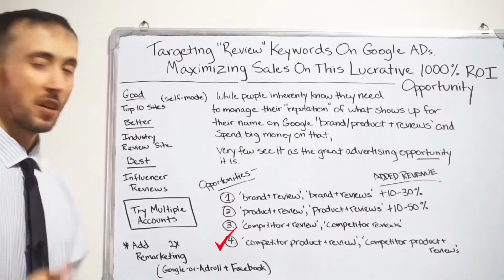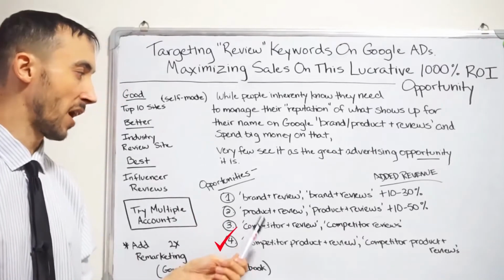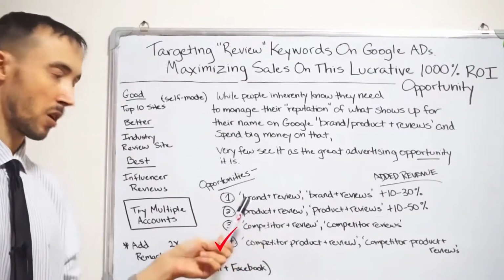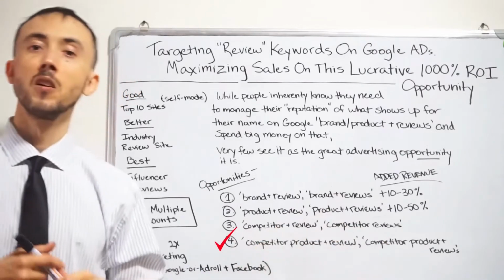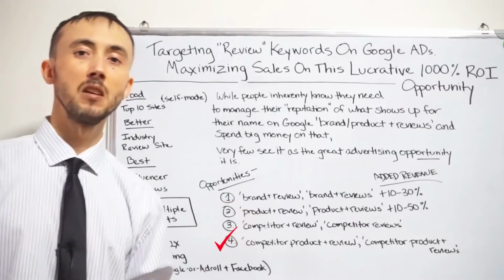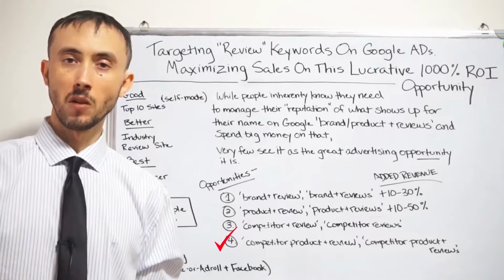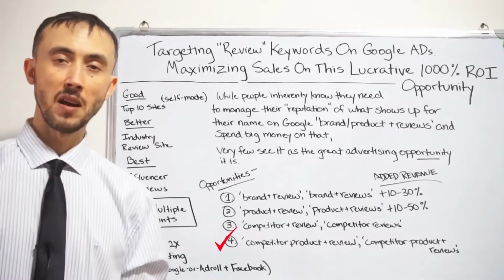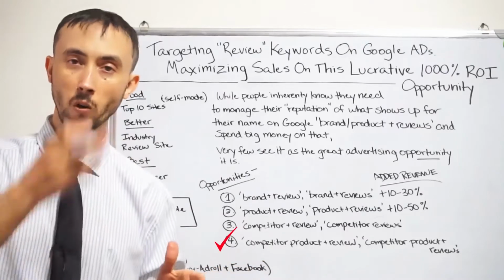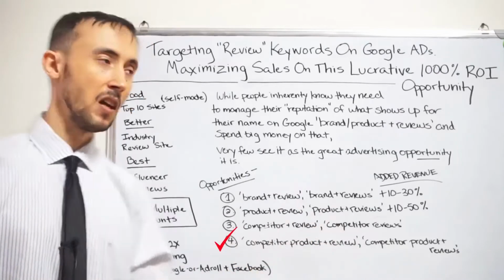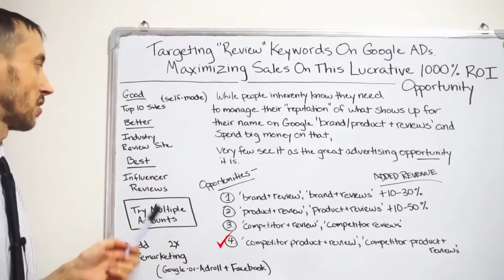So in a nutshell, as many clicks as you can get from anybody who types in your brand or your product and then review, or your competitor's product and then review, or service then review, the better, because these are massively profitable. Again, with the caveat that you have to do it the right way. And I'm going to talk about the right way, the turnkey way that would work virtually every time, and which these returns I'm mentioning here are based upon. So anyway, getting into that next.